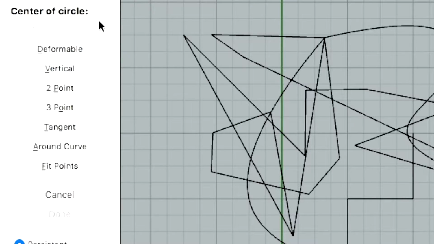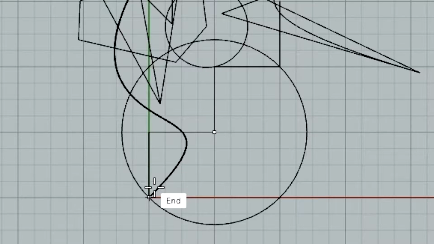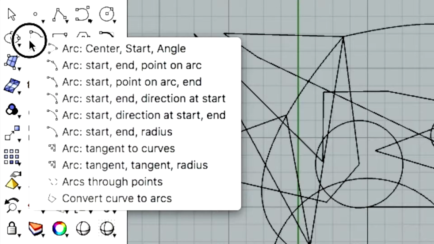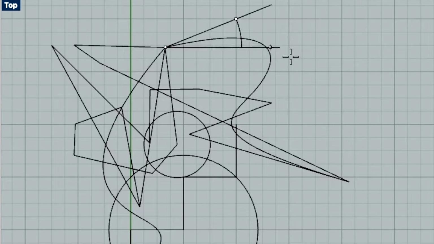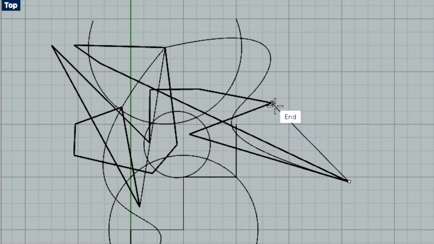There's this circle tool where you can create circles like this. You choose the midpoint and you choose the endpoint. There is an arc tool where you can create arcs. So if we want to create something like that, or see here,